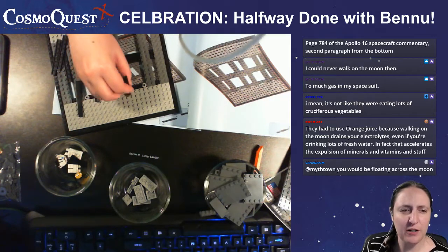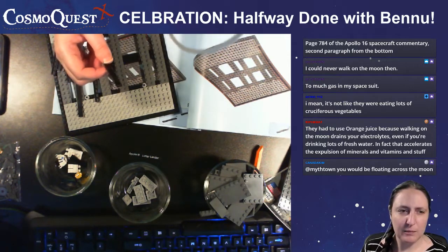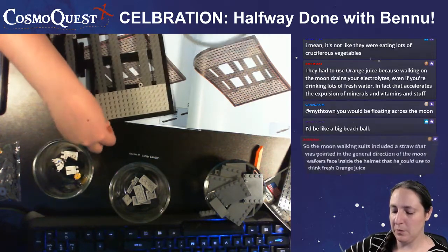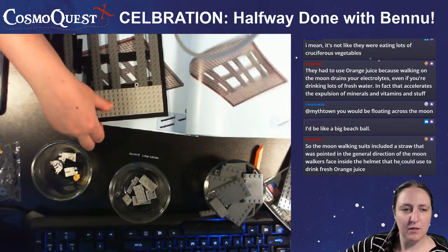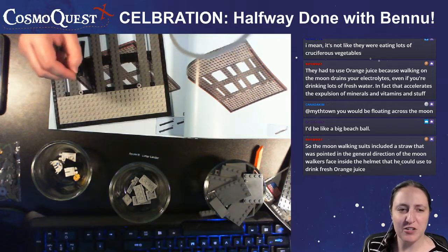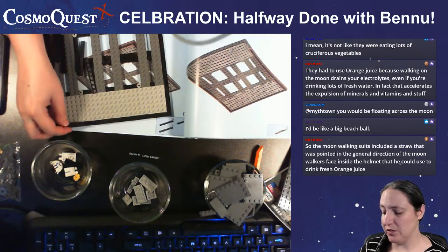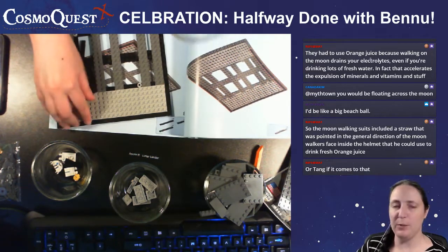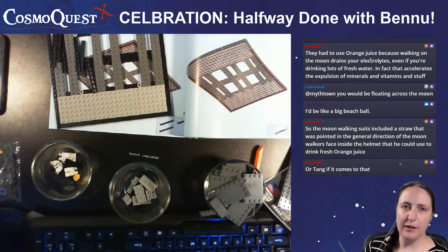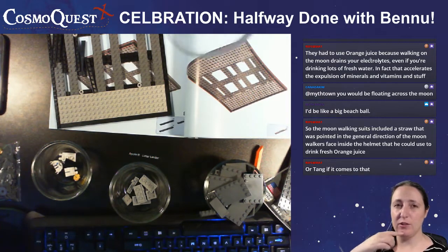Refsmat says they had to use orange juice because walking on the moon drains your electrolytes, even if you're drinking lots of fresh water. Because fresh water doesn't contain electrolytes. In fact, that accelerates the expulsion of minerals and vitamins and stuff. Yep. Refsmat continues. So the moonwalking suits included a straw that was pointed in the general direction of the moonwalker's face inside the helmet that he could use to drink fresh orange juice. That almost sounds like the straw inside of gas masks. You can attach your canteen to a thing on the outside of your gas mask. I think you hold your canteen upside down. Maybe you don't have to hold your canteen upside down. And then there's a straw inside the gas mask, and he...